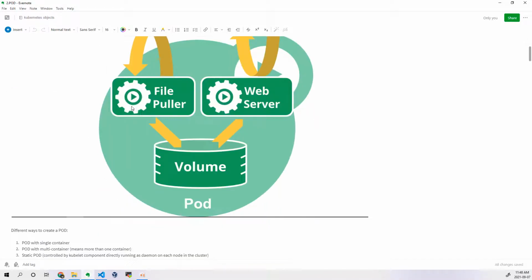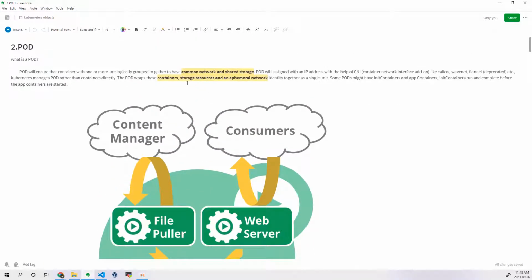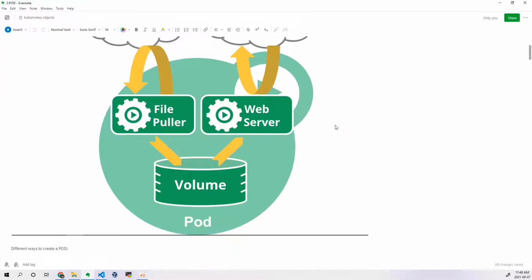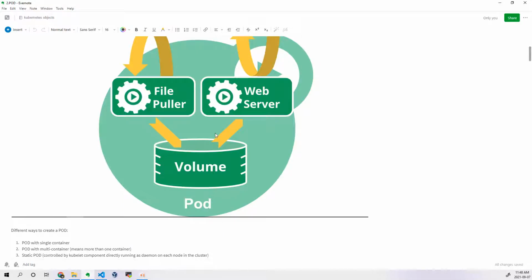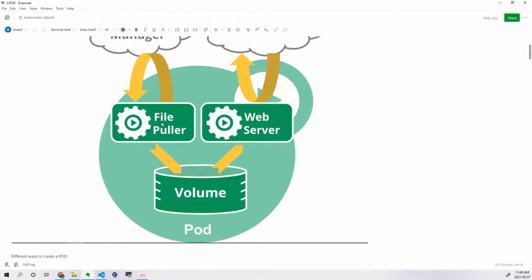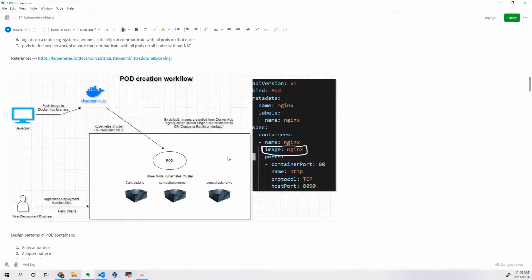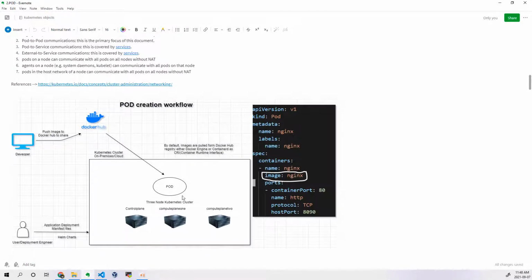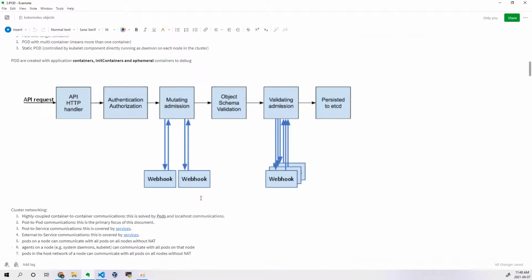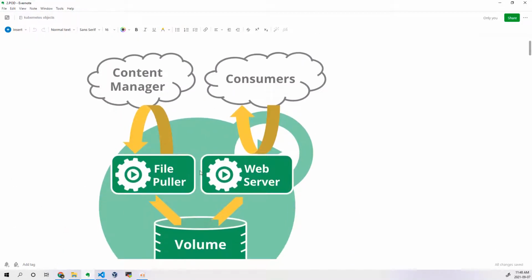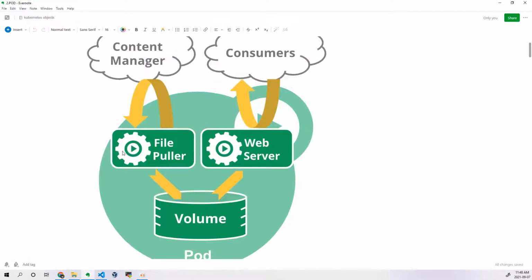Now how does it look technically? What is this common network and shared storage? Common network, in the sense that technically when you create a pod, this pod can have one container or multiple containers. It could be possible, right? You can have one container or multiple containers. It looks like this. I'll come to that point. If these two containers have two different responsibilities,